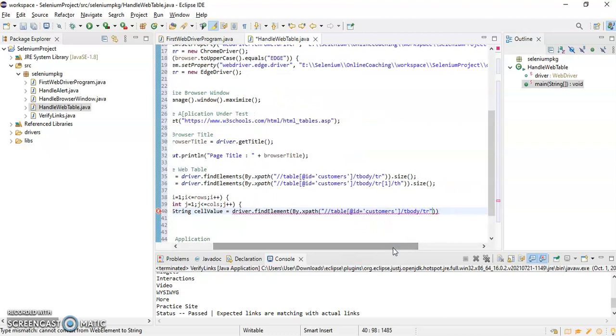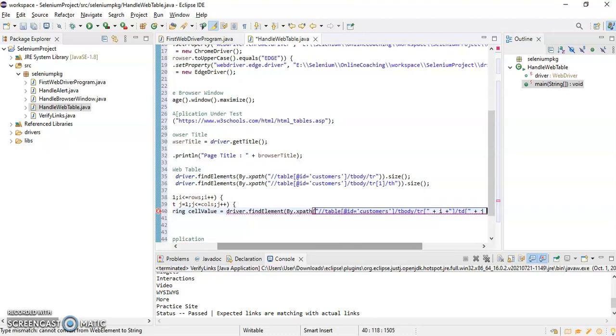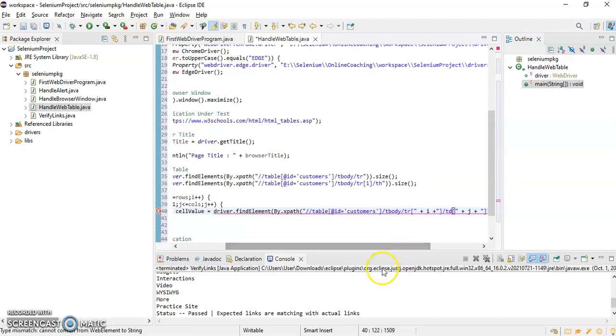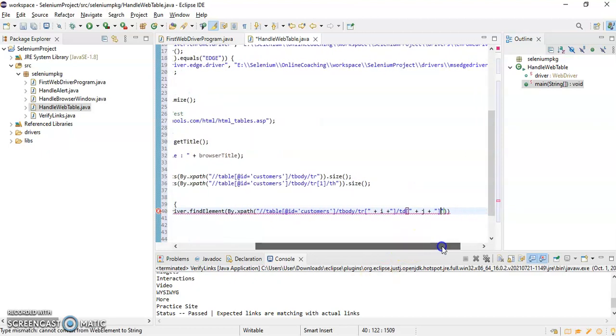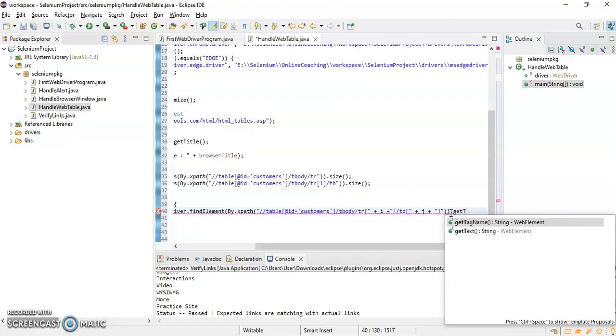So this will be i value. i value is my row value. Okay, and after that I have to write td of j. Then I have to write here dot get text.